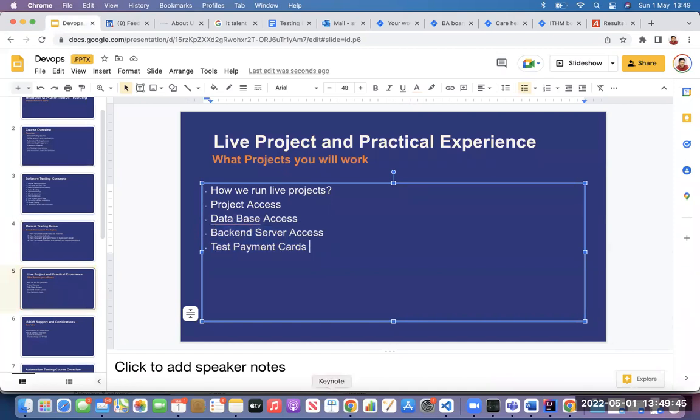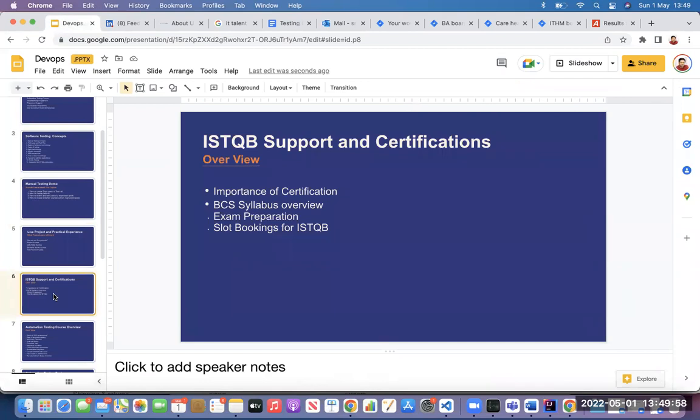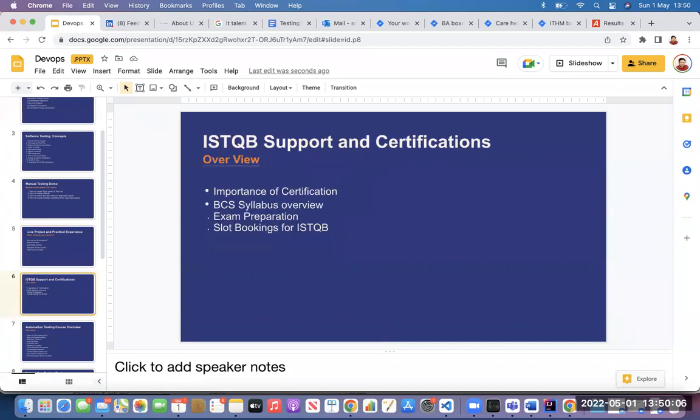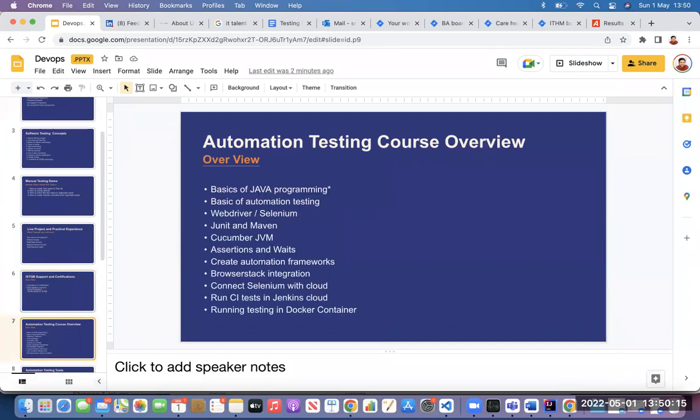So for our students, that's what we actually give access to, so that you people will get some kind of experience on end to end. That's still in the manual, guys. Automation is our super hit, but I will talk about that later. Still in manual, you will have live application access and you will have ISTQB support. ISTQB is not mandatory, but if you need support, our training is aligned to ISTQB certification.